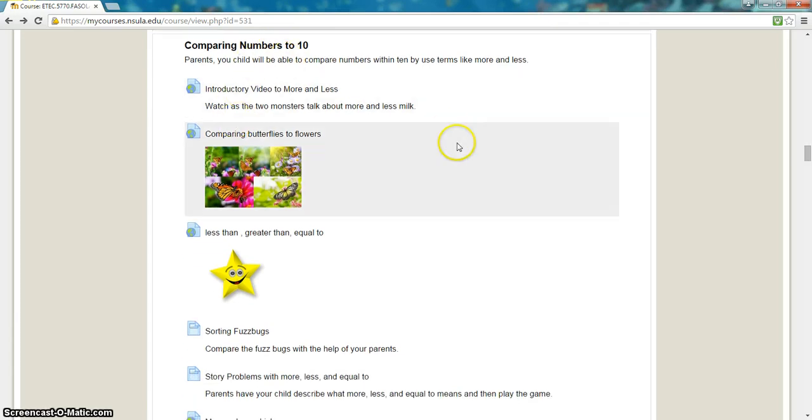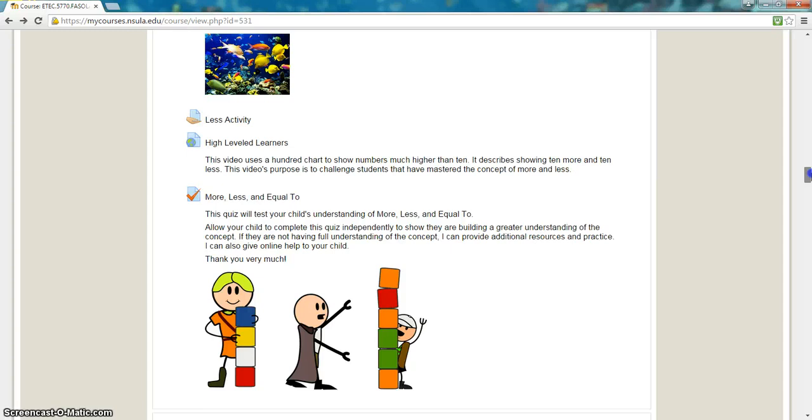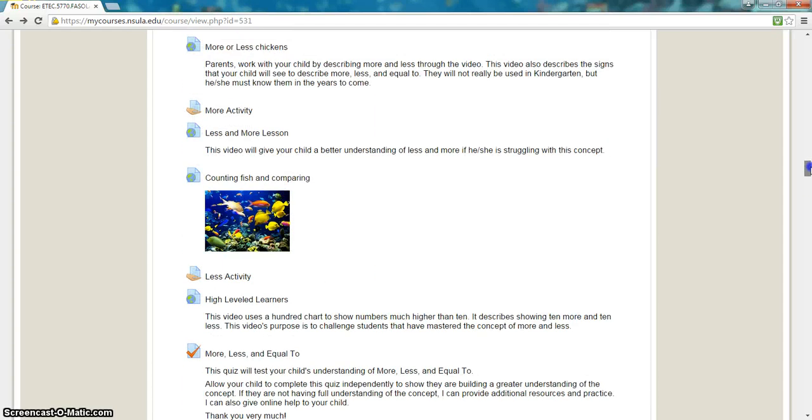Comparing numbers to 10 will be the next area that we'll be talking about, and we see all of that listed here, and lots of games that they can play, quizzes, activities that they can do. I also have